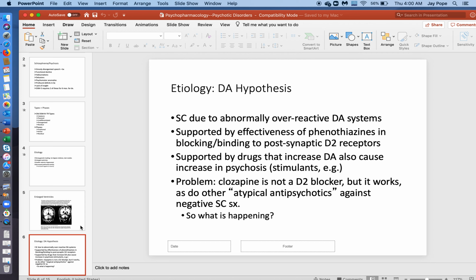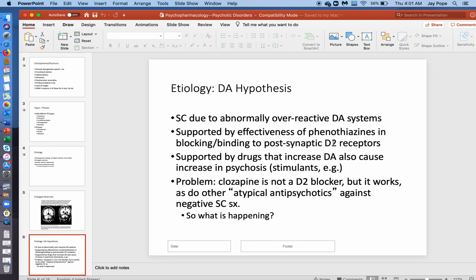And this hypothesis is supported by the effectiveness of a certain class of drugs, one of the oldest classes of drugs in the treatment of mental illness, the so-called phenothiazine drugs, which block and bind to postsynaptic dopamine 2 or D2 receptors. So because these drugs work, and because they work on D2 receptors, and they help with mainly type 1 symptoms of schizophrenia, your hallucinations, your delusions, and your grossly disorganized speech and behavior, it suggests, at least on some level, that dopamine is involved.